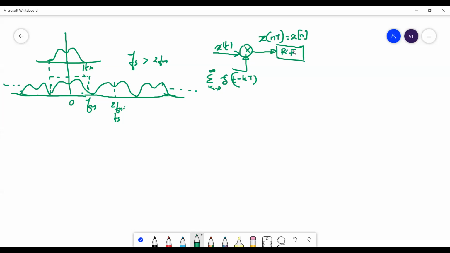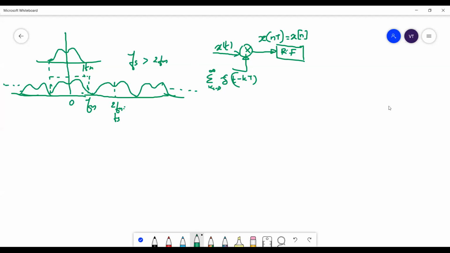Now you know that if you have a signal sampled at the Nyquist rate, you will need a brick wall ideal low pass filter to get it back, and you also need Fs to be at least slightly greater than 2Fm. So we have a strict inequality here. In the previous versions of the sampling theorem, this was written as Fs greater than or equal to 2Fm. But the new age definition for the sampling theorem requires Fs to be greater than 2Fm. Okay. So this is a reconstruction filter.